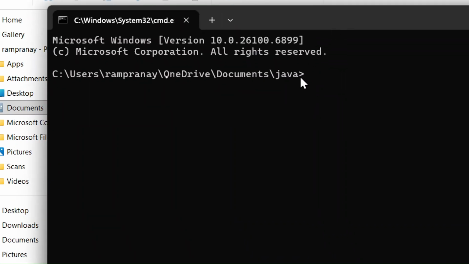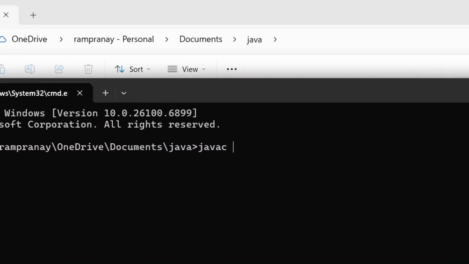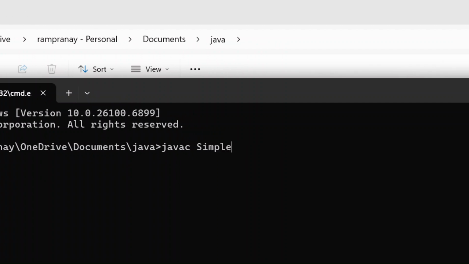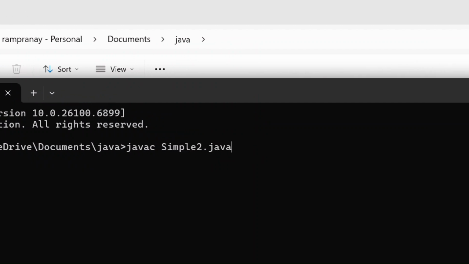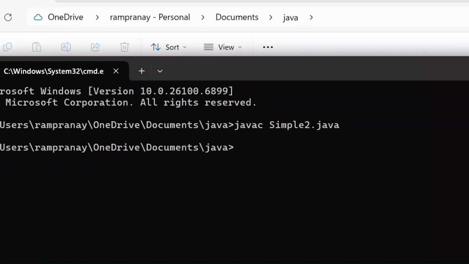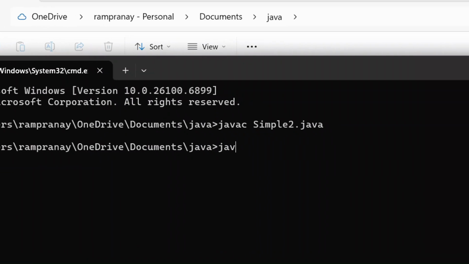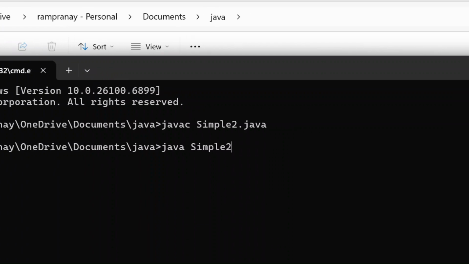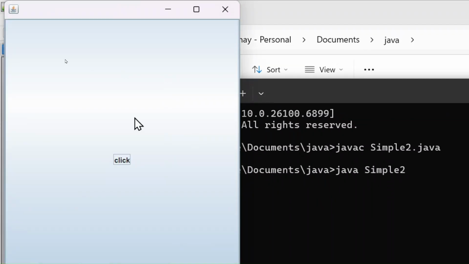Then now you give javac Simple2.java. So this is also successfully compiled, and the next you give Simple2. So this is also creating the same thing which is created by the earlier